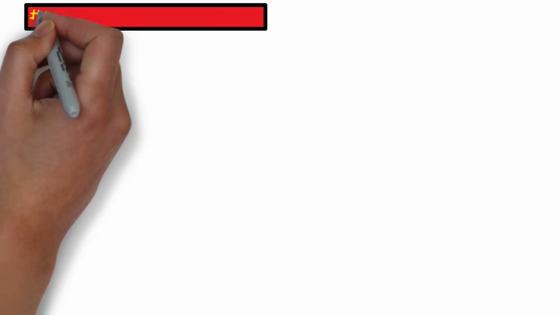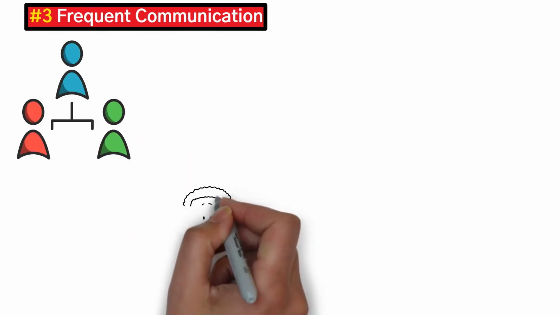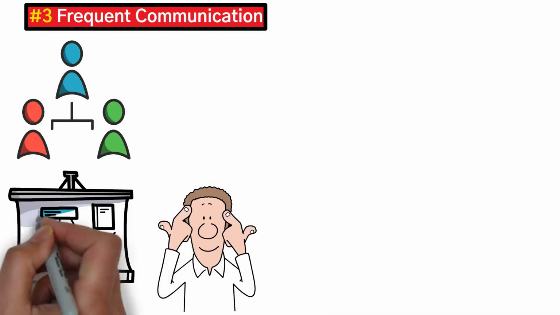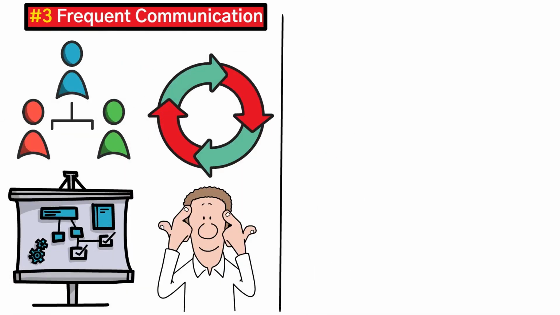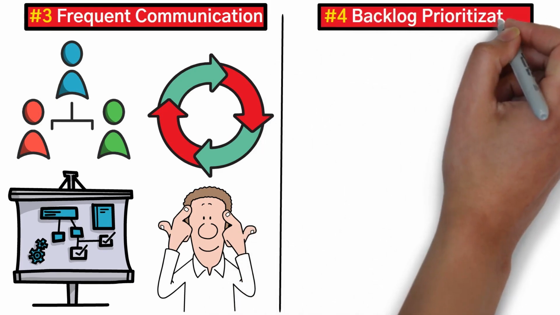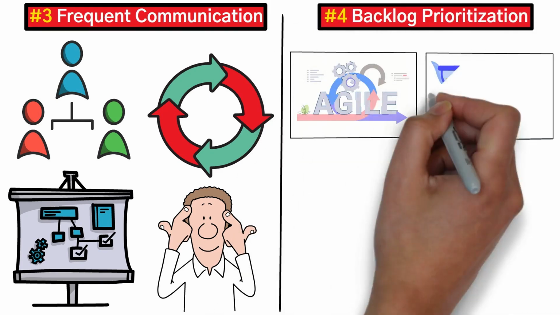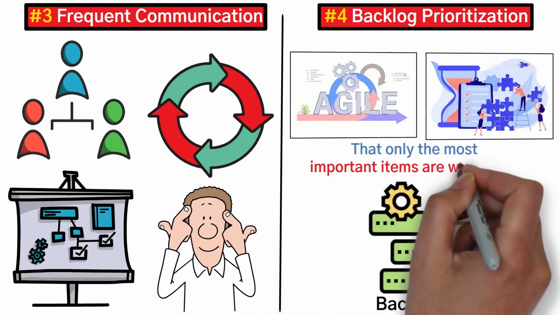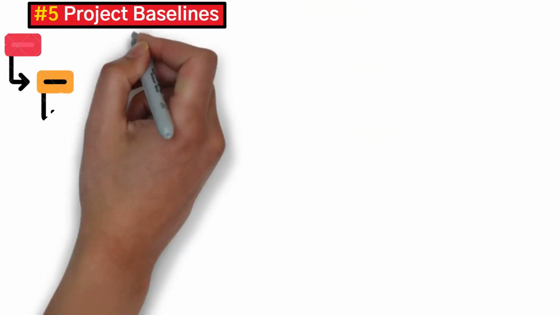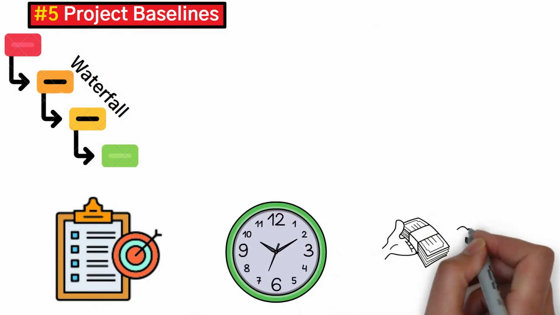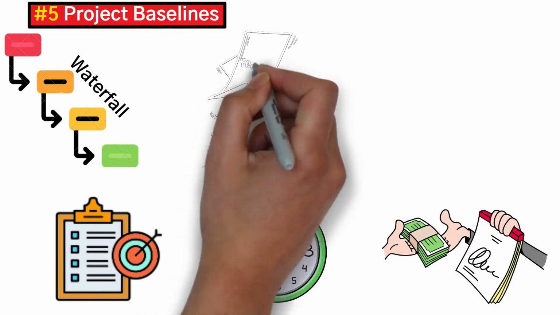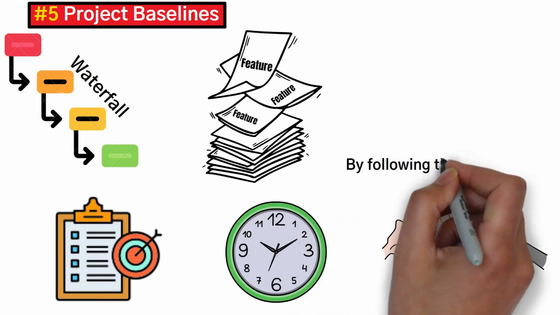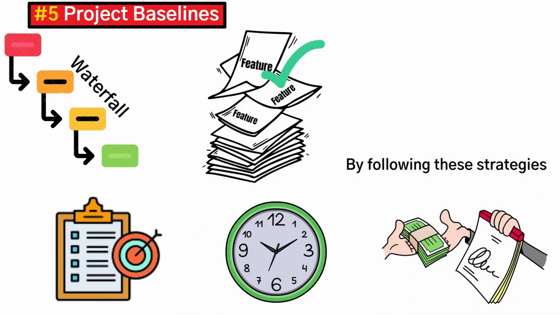3. Frequent communication. Regular communication with stakeholders is key. This ensures that everyone understands the project's scope and is on the same page when changes come up. 4. Backlog prioritization. In agile and hybrid environments, prioritize changes in the backlog to ensure that only the most important items are worked on. 5. Project baselines. In waterfall, having clear baselines for scope, time, and cost allows you to track deviations and manage scope creep effectively. By following these strategies, you can keep scope creep in check and ensure that your project stays on